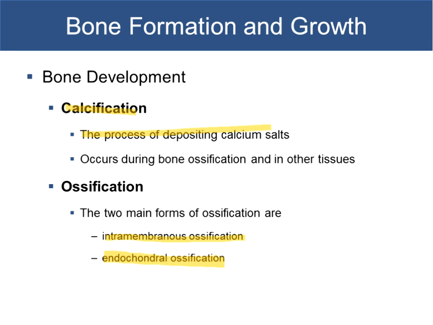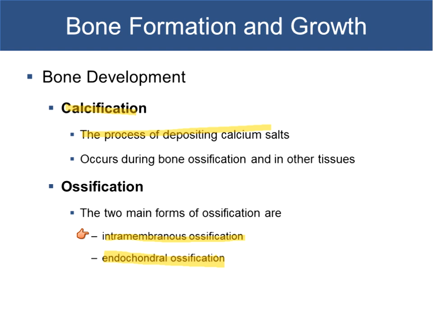So when we talk about ossification, we're also going to talk about this process of calcification. Calcification is not designated just to bone growth in a longitudinal manner where the bones get longer. It's the process of replacing that osteoid matrix around an osteoblast with calcium deposit. So the process of depositing calcium salts is calcification. It occurs during ossification, and it can happen in other tissues too. You can have calcification in other tissues and different organs as well, but we're specifically focused on